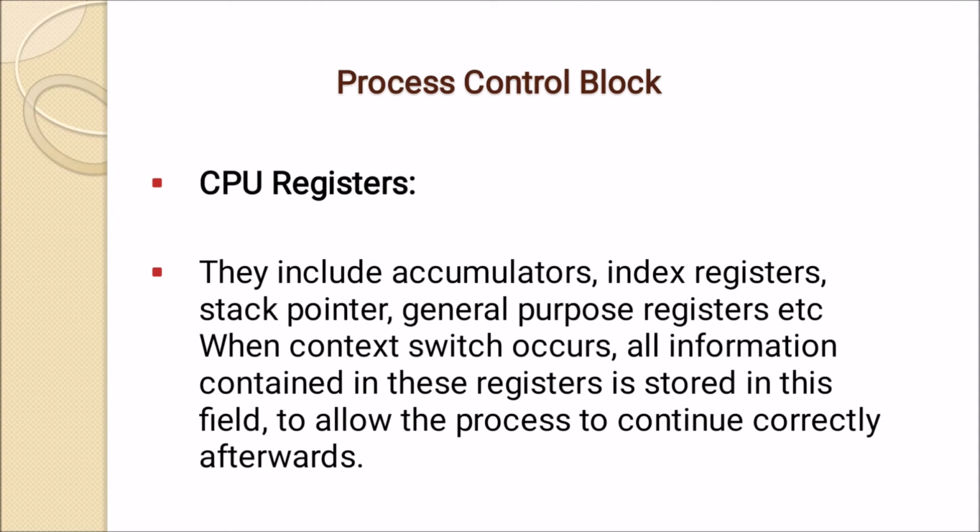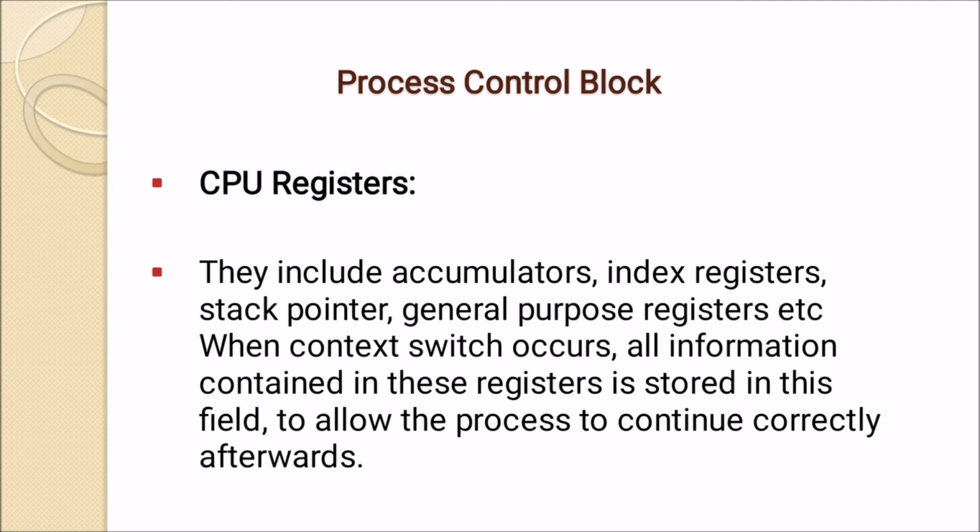So when one process is in a running state, its state changes from running to waiting, ready, or terminated. The next process will come into the running state and execute, while the previous one is, for example, in the ready state. So there is a scenario where a context switch occurs. Whenever a context switch occurs, all the information contained in the registers is stored in this field to allow the process